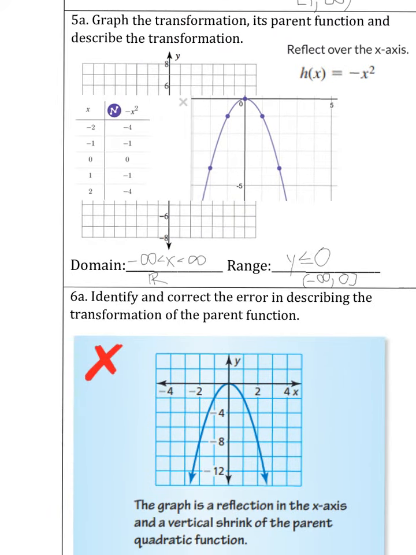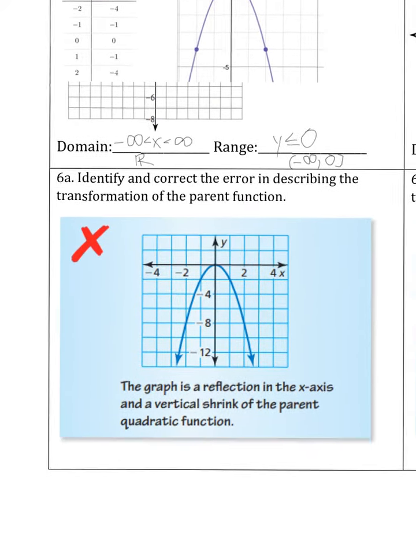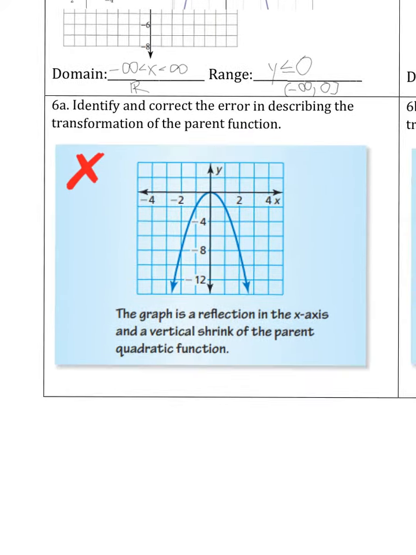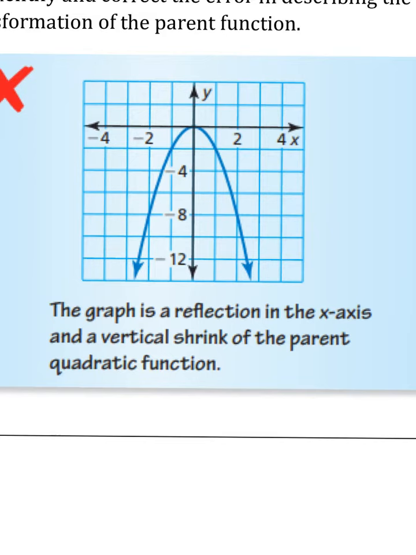Number 6, identify and correct the error in describing the transformation of the parent function. All right, so we have this negative quadratic function, just like this, -x squared. So let's see what they say. The graph is a reflection in the x-axis and a vertical shrink of the parent function. All right, so is it a vertical